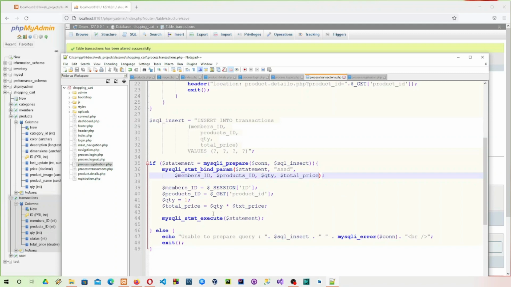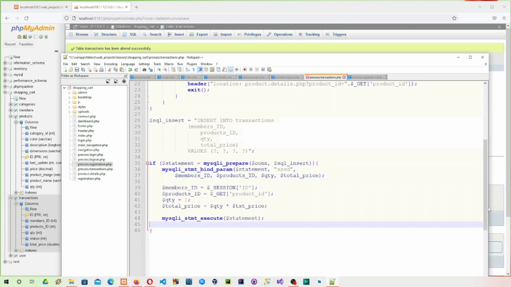So that's it. We are next going to execute the query. We can just delete this part. Now once it has already been executed,